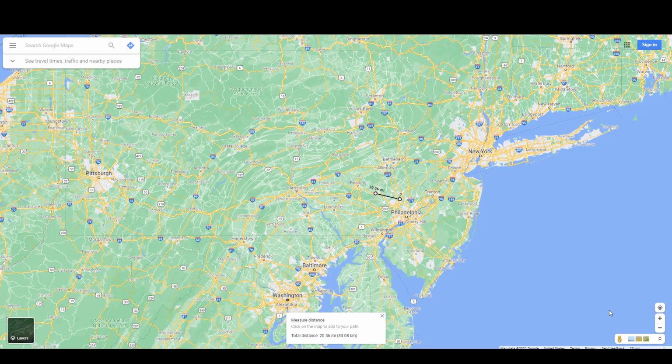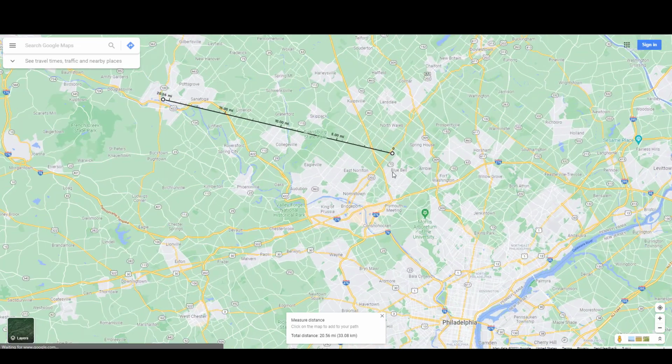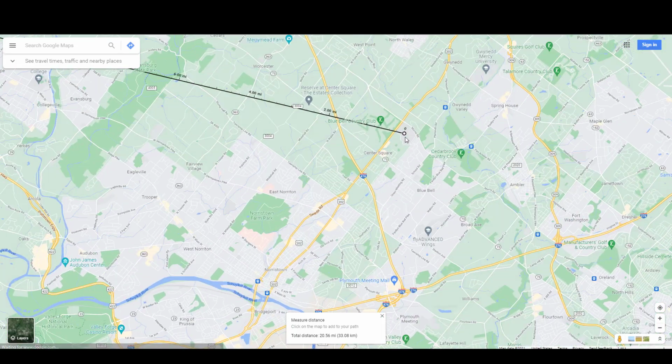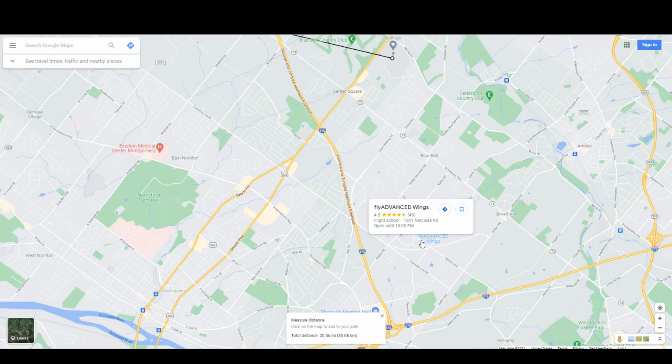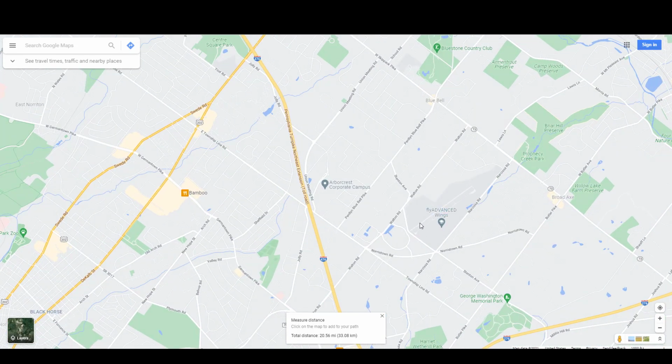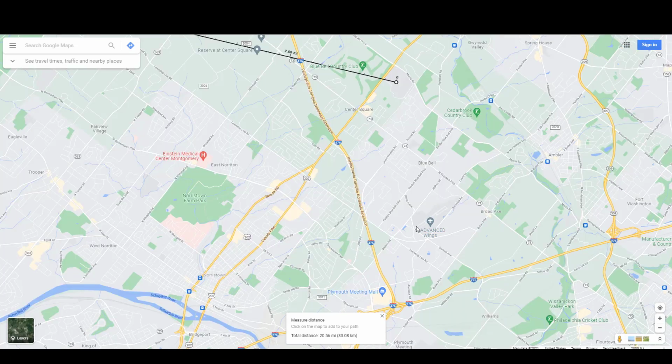Okay, let's focus in a little bit more on that particular flight path that I have planned. So you can see that we're in the northeast here, Washington, Philadelphia, New York, and just a little north of Philadelphia. We'll zoom in, and the Blue Bell campus is up here. We'll start at Wings Field, which is this airport here. We'll fly kind of this way. We'll take off headed a little bit to the south and west, and then sort of turn to the right and fly north. This will take about a minute and a half or so to get up here to the